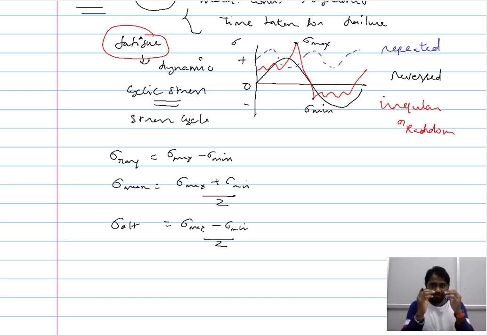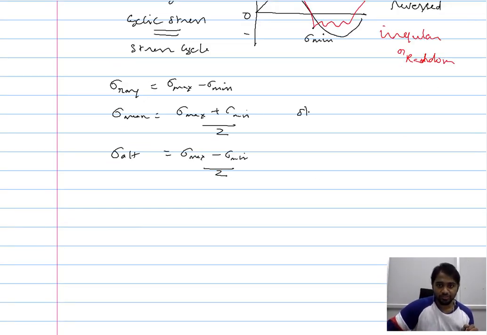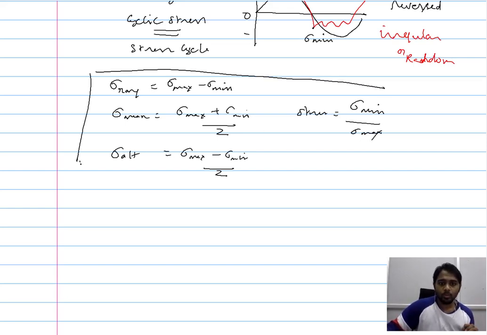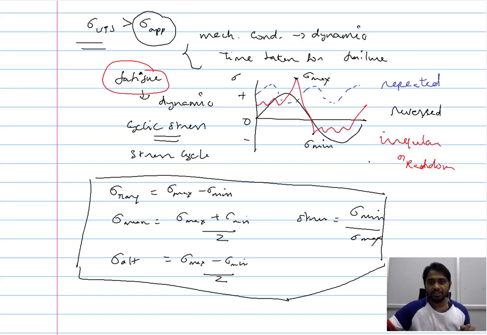In the case of the mean stress, as the name indicates, this is the average of the maximum and the minimum stress. However, the alternating stress talks about the amount of deviation from the mean stress. So how much we deviate from this mean stress when we consider the maximum or minimum stress is what is calculated by the alternating stress. And finally, we have a stress ratio, which is the ratio of the minimum stress to the maximum stress. So using all these parameters, one can quantitatively describe the stress cycle that is being introduced for fatigue testing.